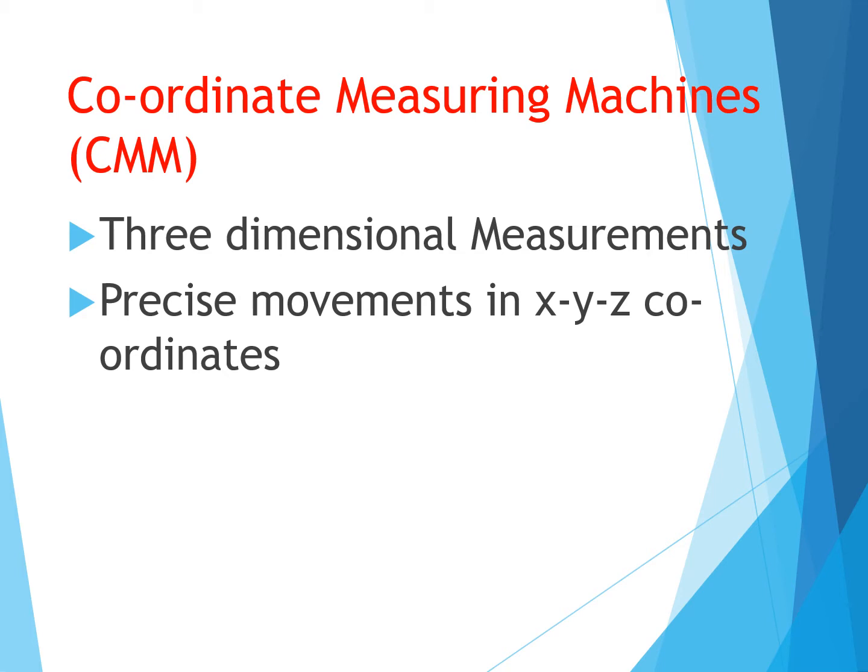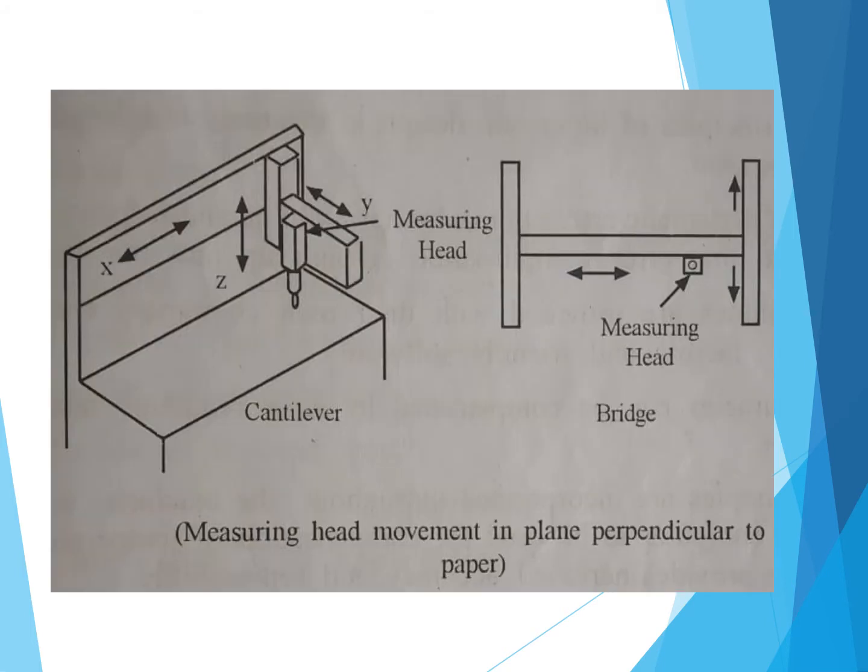These machines with computer aided measuring run vibration free, and they are mechanically strong and have high rigidity. So these measuring machines which we are using, you can see it as a cantilever and a bridge type. The two different types I have shown here. In these two machines you can measure in all the three directions, X, Y and Z directions.